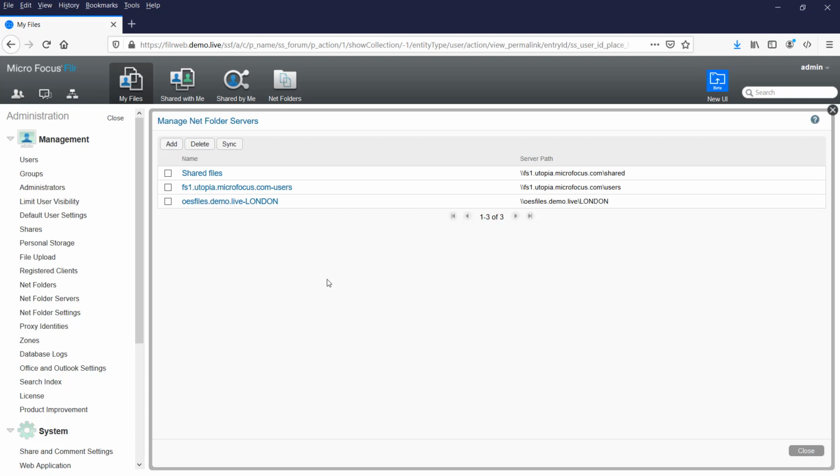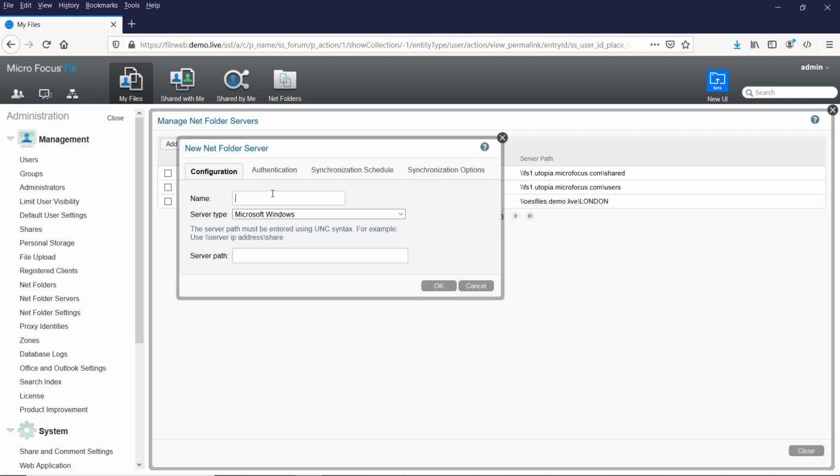What we now need to do is configure the server that we've got network shares on. So to do that, you need to click on Add. Give this a name. This can be anything. The users aren't going to see this. Server type is going to be Open Enterprise Server. Server path is going to be